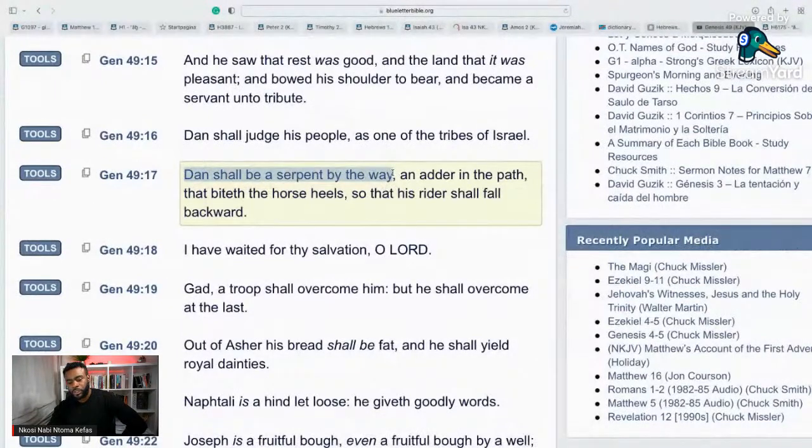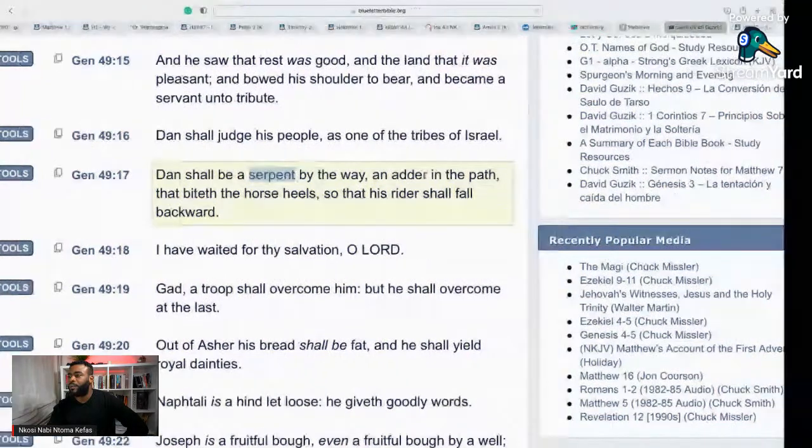You see that? Now, that word serpent is the same word used in Genesis 3, verse 1. It's the same word used in Genesis 3, verse 1. Nahas, nyoka. Yeah. So Dan shall be a serpent by the way,